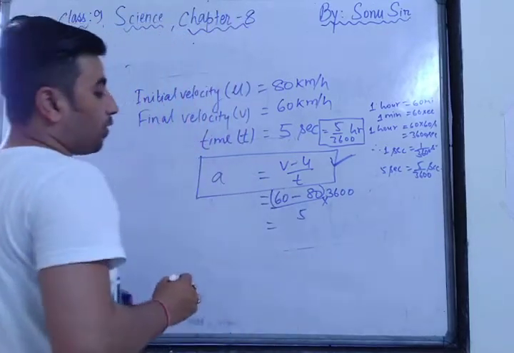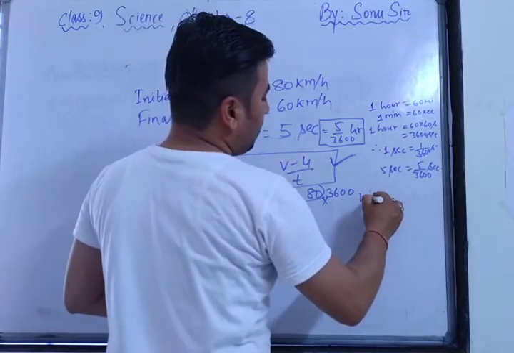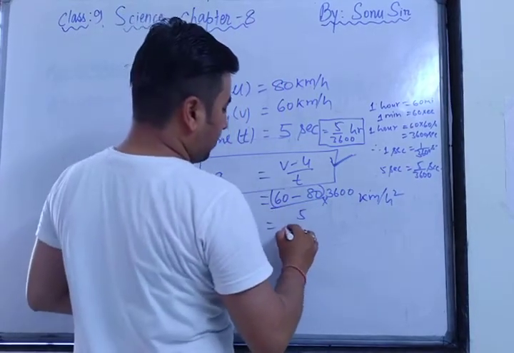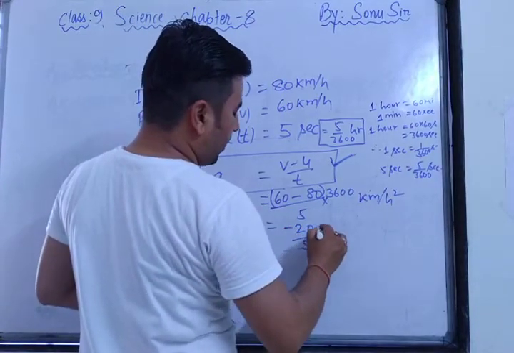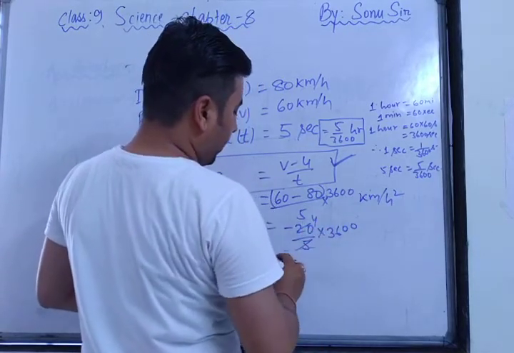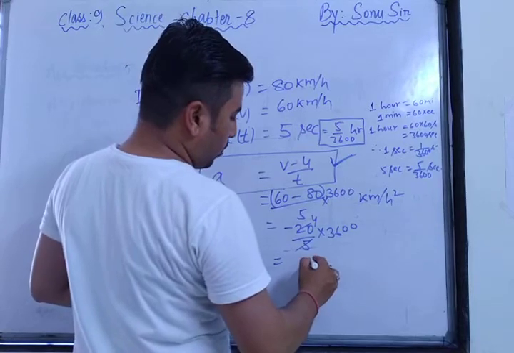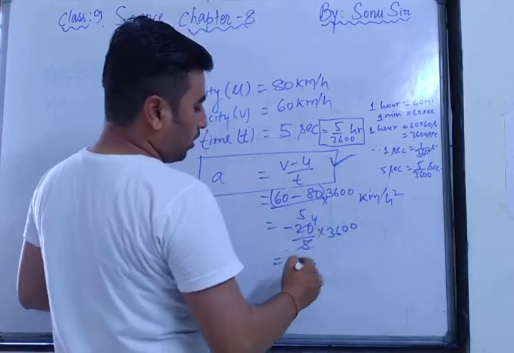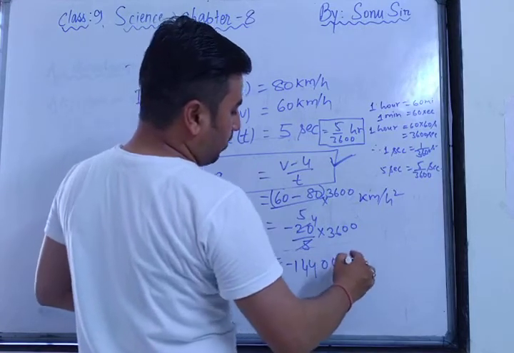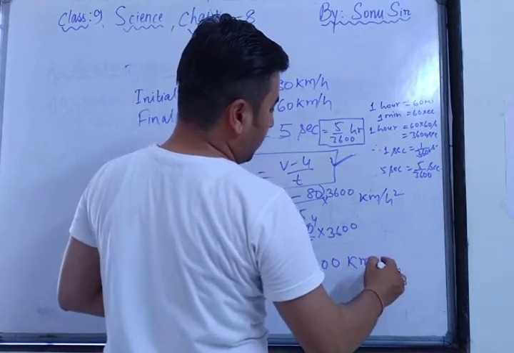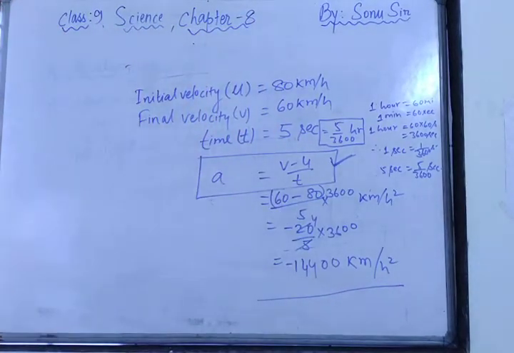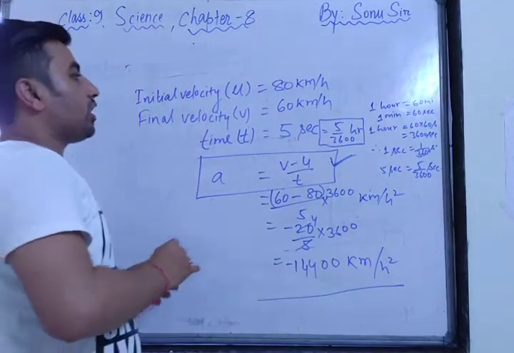So now the question is, what will be the SI unit of this? So kilometer per hour square. Okay. So here 60 minus 80, minus 20 upon 5 into 3600. So 5 4s are 20, 36 4s are 144. Minus 144 kilometer per hour square. So this will be your acceleration of that bus, as the bus initial speed was 80